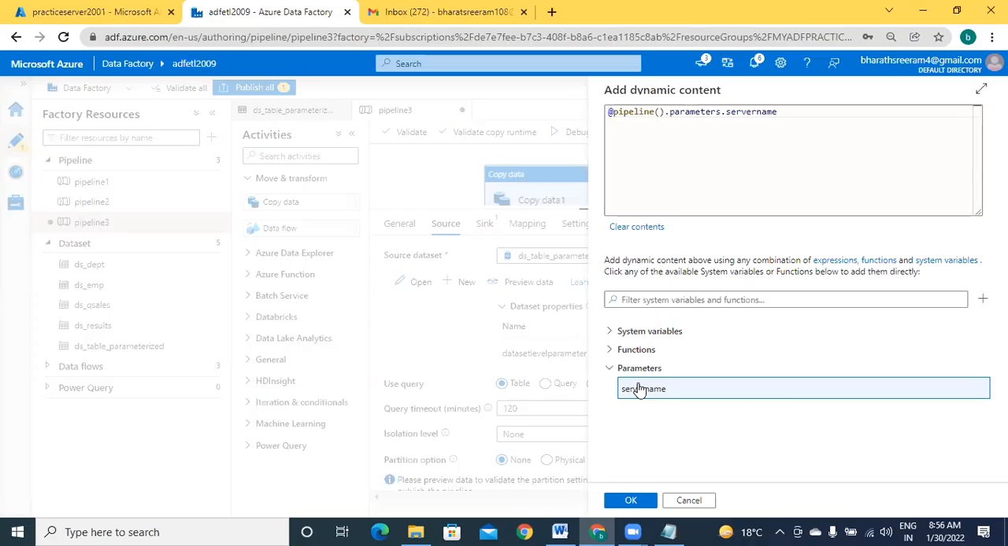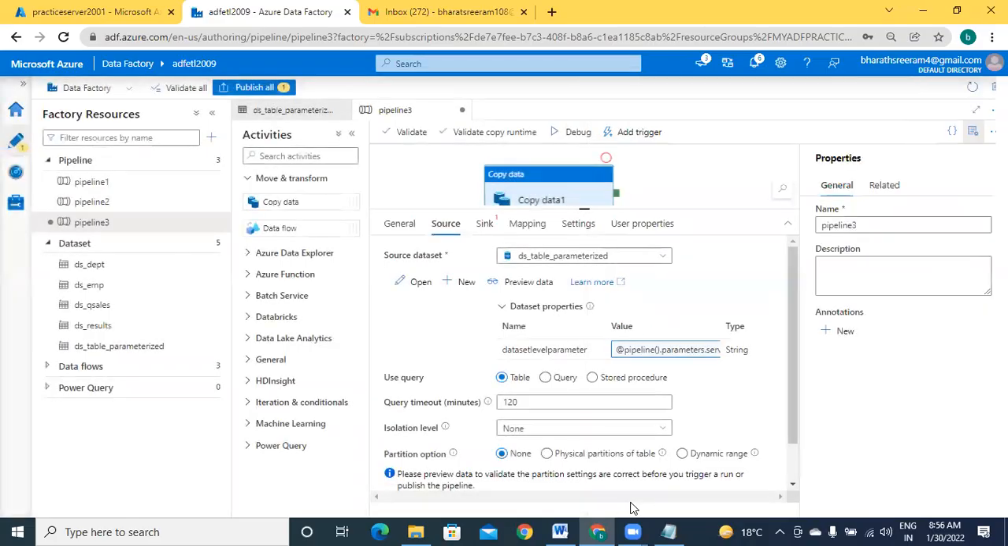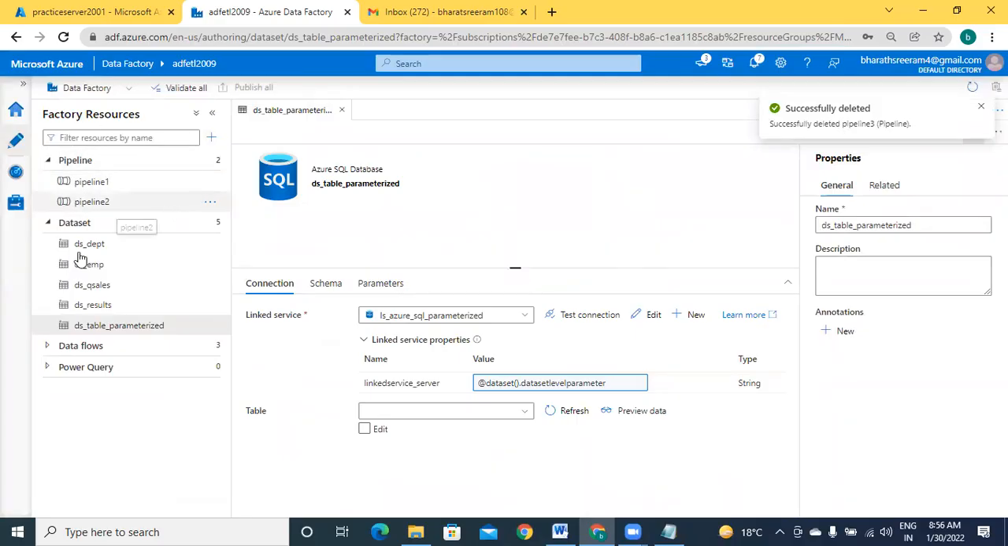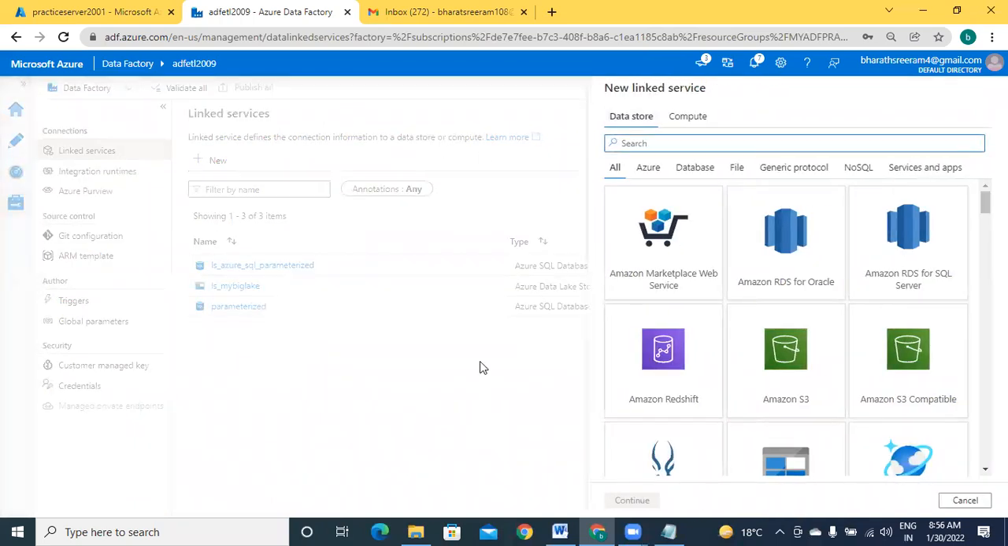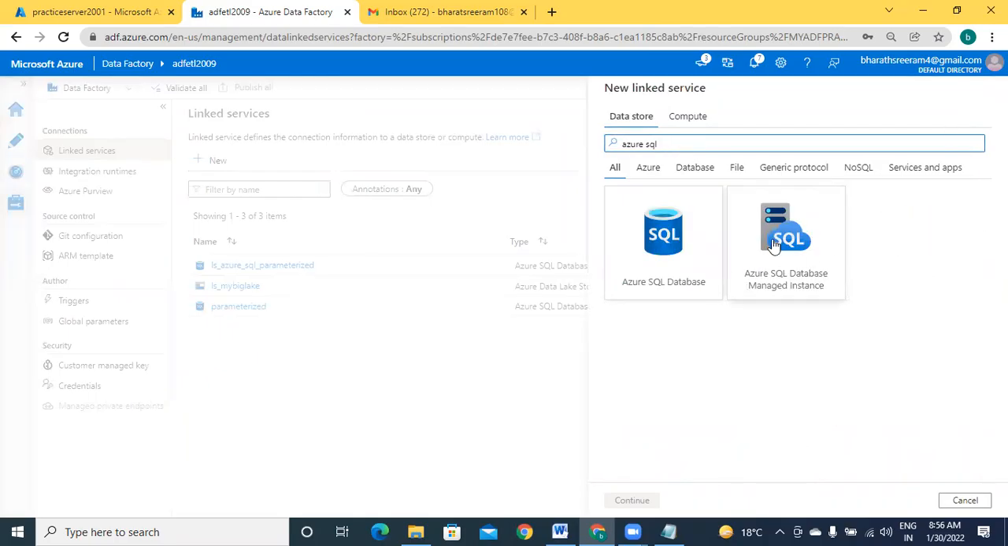Got it. Now, once again, I will create all the steps from the beginning. Please clearly understand. I am removing this pipeline. I am not doing anything. Okay, with a fresh linked service and a fresh data set, I will show you. I am going to manage, plus new, Azure SQL. Selecting the database,